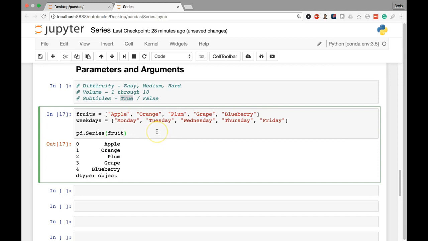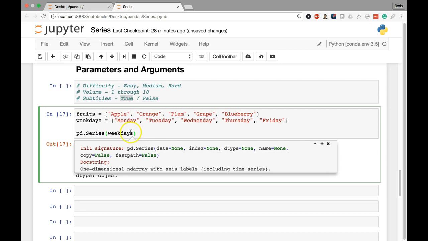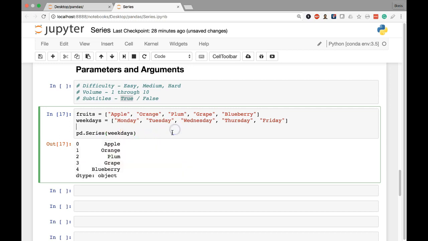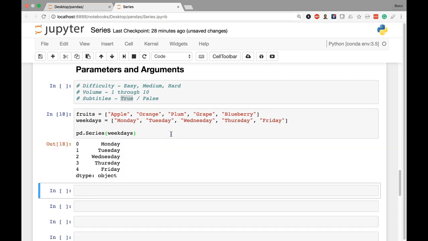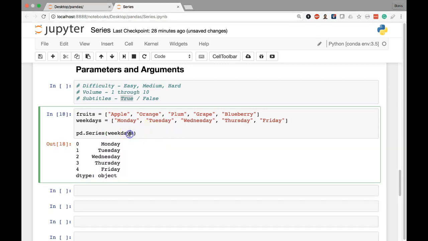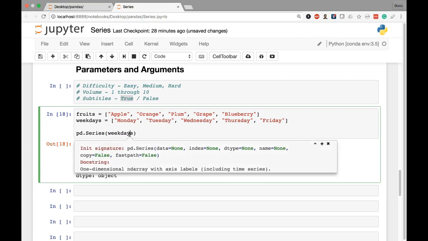Similarly, if we were to replace this with the weekdays list, in this example, weekdays is the argument that's going to the data parameter. That's how pandas knows to use the weekdays list instead as the values within the series that's generated. So arguments, again, are just like the settings that we choose for our available options. Now, there's different ways that we can specify them. In this example, they're being fed sequentially. Because we're only giving one thing within those parentheses, and they're fed sequentially in order, pandas is assuming that we're giving weekdays to the